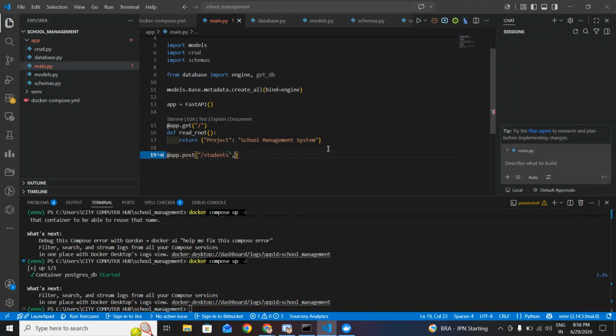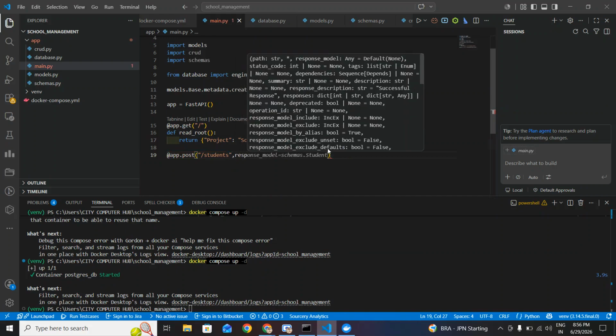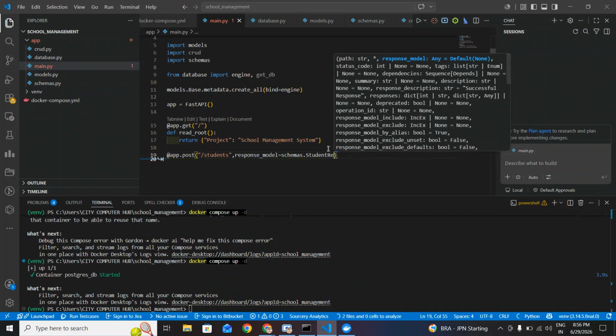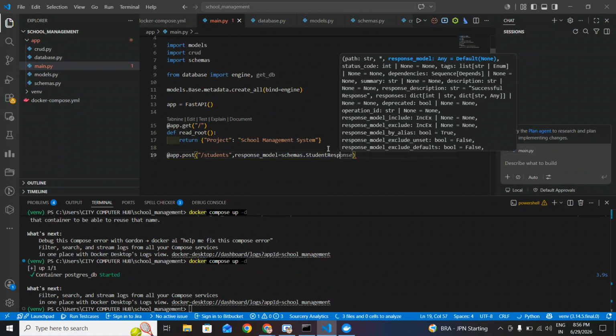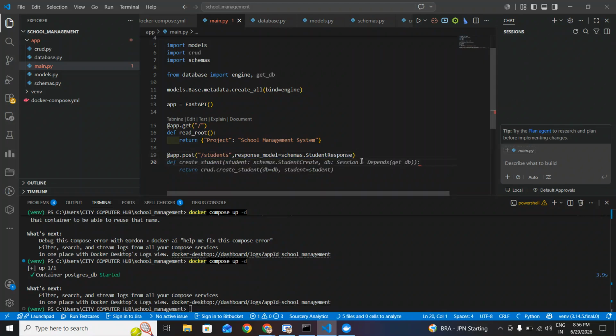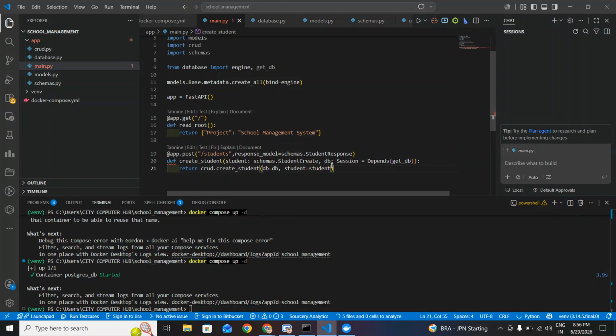Okay, and basically we will write the response as well, because we have written our response schema as well, which is our student response. Okay, it's suggesting a lot of things, so let's ignore that as well. Let's define our function, create a user. So what it does is,